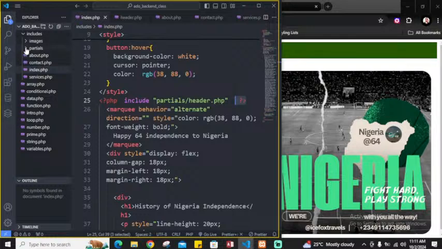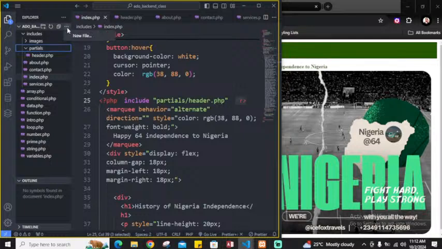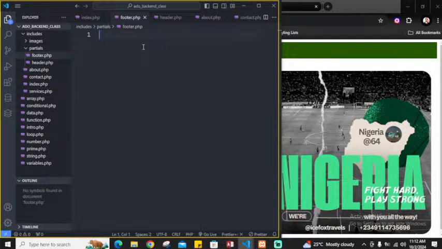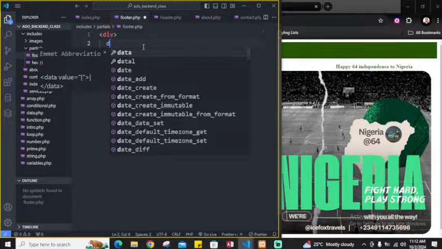So now let's quickly go and do something for the footer. Go back to the partials. This is the footer, Abby. Well, I only have a header, Abby. So let me create a file here. Let's call it footer dot what? PHP. Alright, so let's just do something on the footer. I want to have a footer that has a div. I'm having a div. Now this footer is having